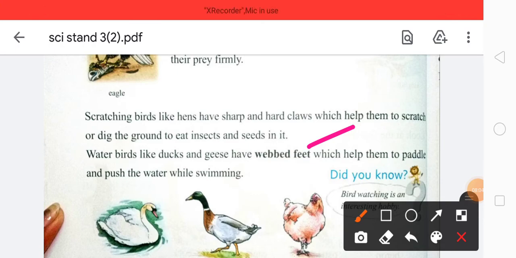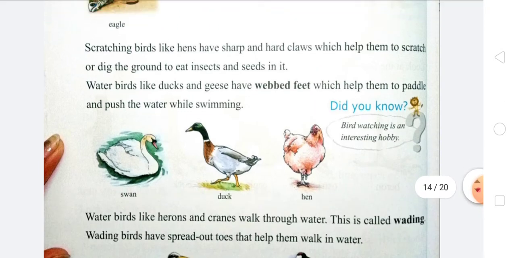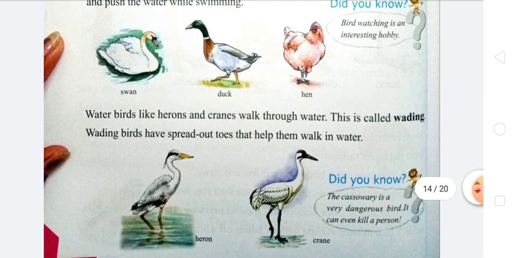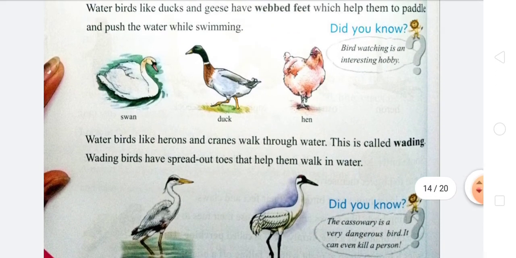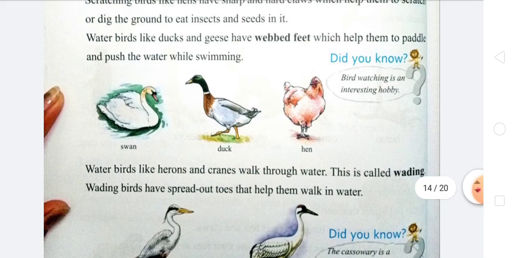Water birds, just like ducks and geese, have webbed feet to paddle and push the water while swimming. Bird watching is an interesting hobby. Some examples of water birds are swan and duck. The hen is not a water bird, but she has webbed feet.